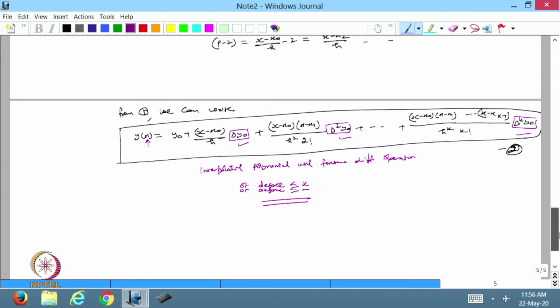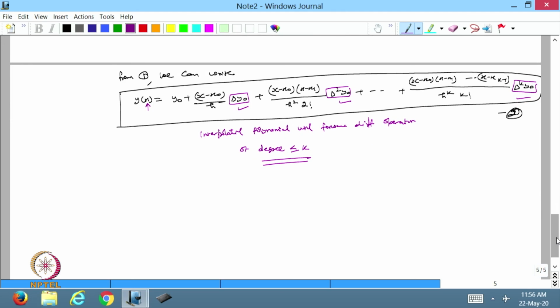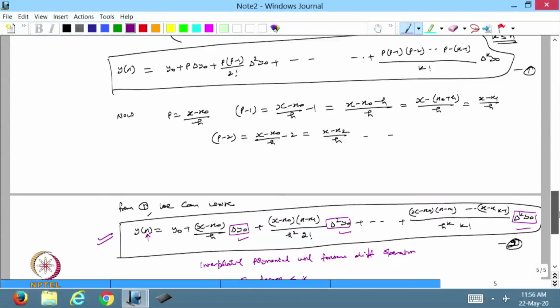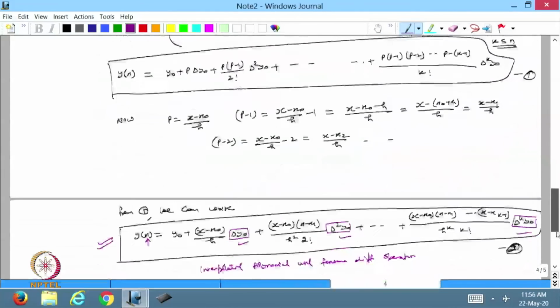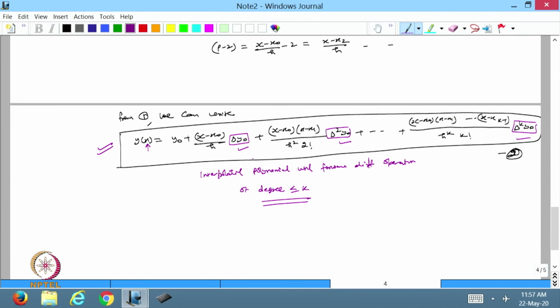Now, the question is when I can apply this Newton forward difference formula. So, when can I apply it? I can apply it whenever I have data. Suppose the data given to me is x0, x1, x2 up to xn. I can apply this formula whenever I want to approximate the value